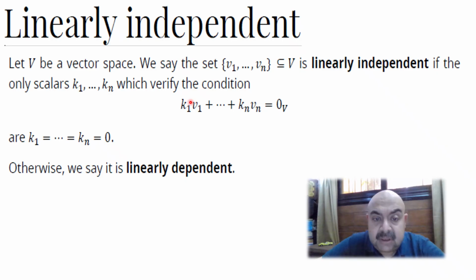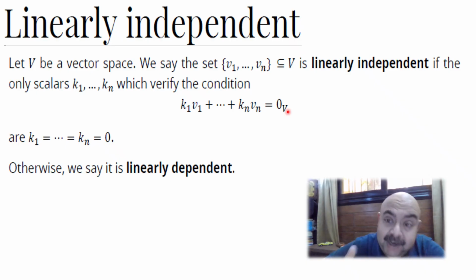To be consistent with a unique solution, it's going to be the trivial solution, K1 up to Kn equal to 0. And if this happens, it's linearly independent. The other case is a linearly dependent case, and it will happen if you have a consistent system, and this is from the basics because it's homogeneous, but you have an infinite number of solutions. Once more, I will have to remember,